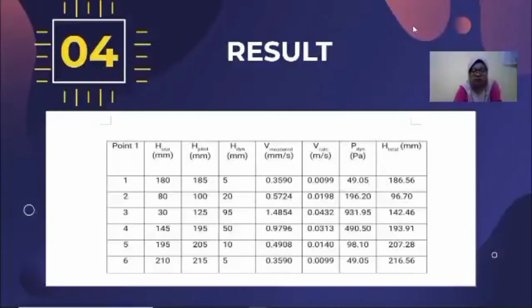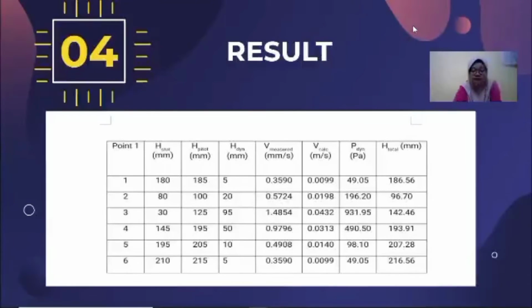We substitute volume flow rate, which is 2.2727 times 10 exponent negative 4, and area is 0.33 times 10 exponent negative 4. For dynamic pressure, we use the equation ρgh from 4.1. We substitute ρ equal to 1000, g is 9.81, and h dynamic 5 times 10 exponent negative 3, and we get the answer